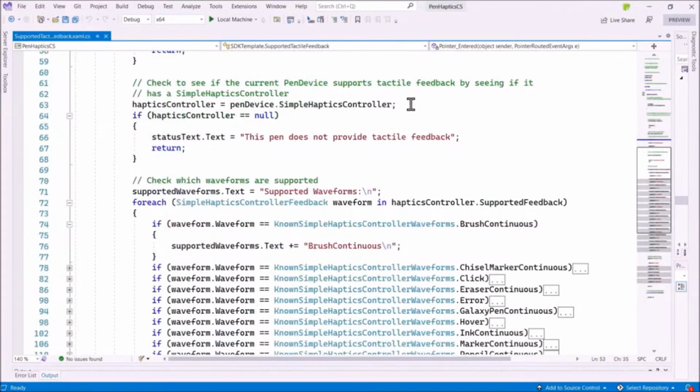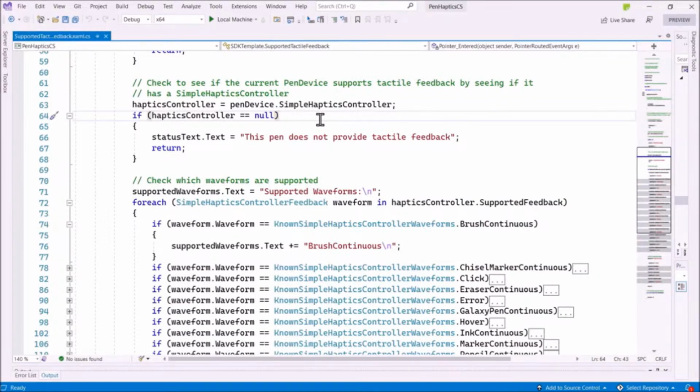Lastly, I then attempt to retrieve the pen device's simple haptics controller, and this is the last check that you'll do. If this is null, the pen does not support haptics, and again, I exit out. Now that we have the simple haptic controller, we can see what specific waveforms and features this pen supports. This is important because not every waveform and feature is required to be supported by every pen, which lowers the barrier of entry for pen manufacturers.